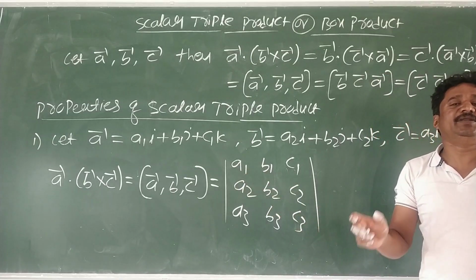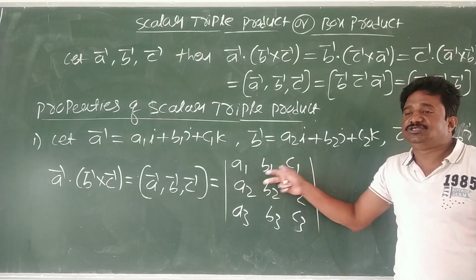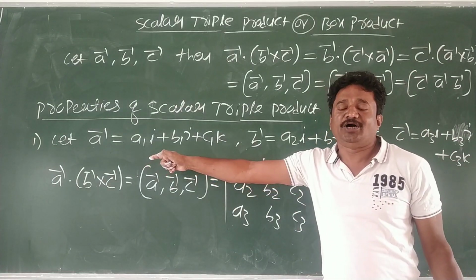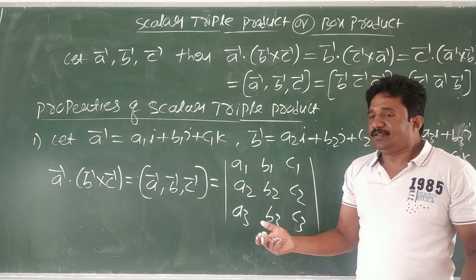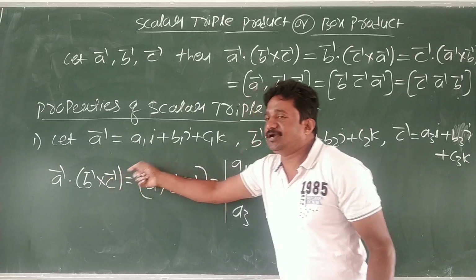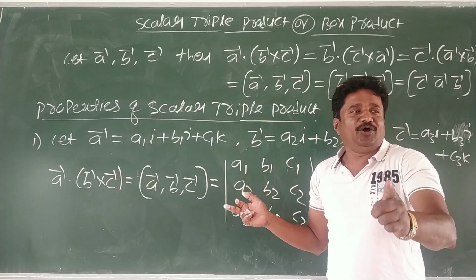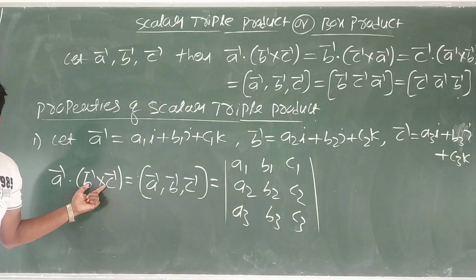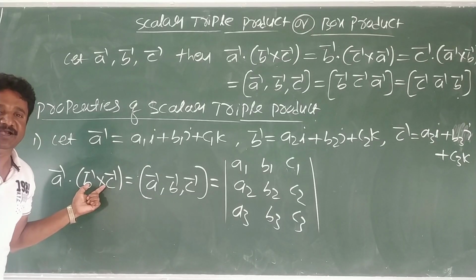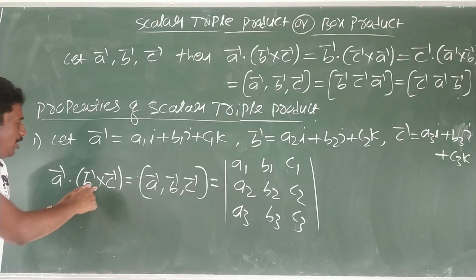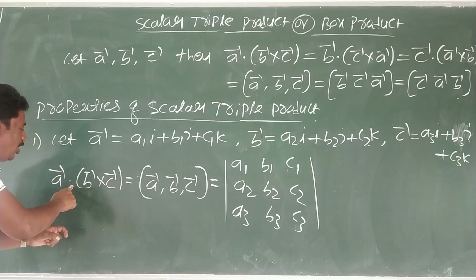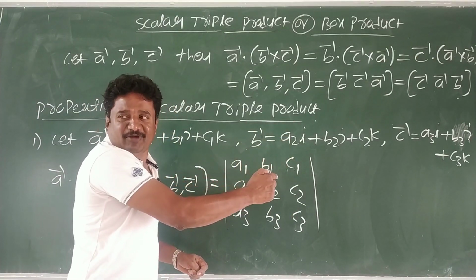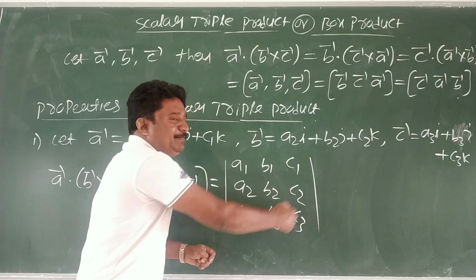You may be having so many doubts in your mind, students. Sir, why should we use this determinant only to find that box product? If you wish, you can find the value of this box product by this method, or you can follow one more method, that is finding B cross C. First you find out B cross C. You know how to find A cross B, using the determinant with i, j, k and components. After finding B cross C, you find the dot product with A. You are going to get the same value which we get from this determinant.